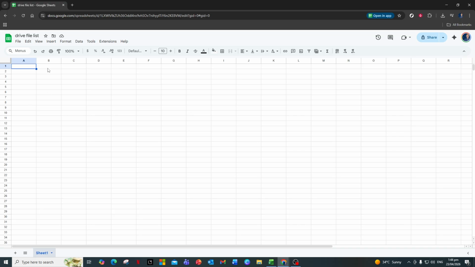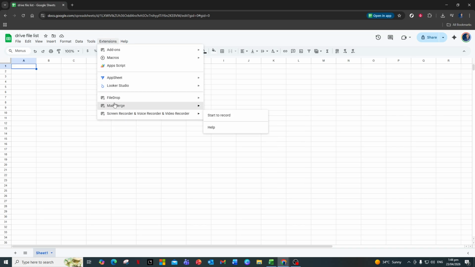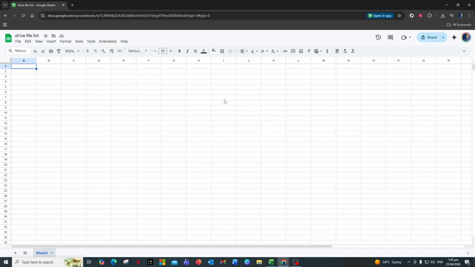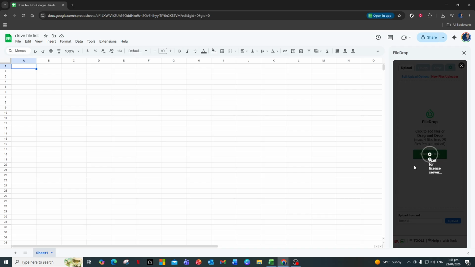Next, you'll need to have FileDrop installed as an add-on for Google Sheets. If you don't see FileDrop in your extensions menu, you can install it from the Google Workspace Marketplace. Once it's installed, go to the Extensions menu at the top of the sheet, find FileDrop in the list, and click it to open the sidebar on the right-hand side of your screen. Give it a moment to load, and if prompted, grant any necessary permissions so it can work with your files